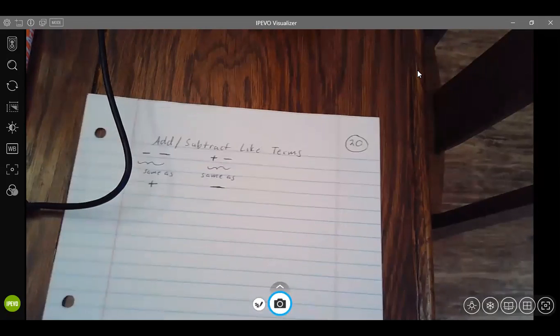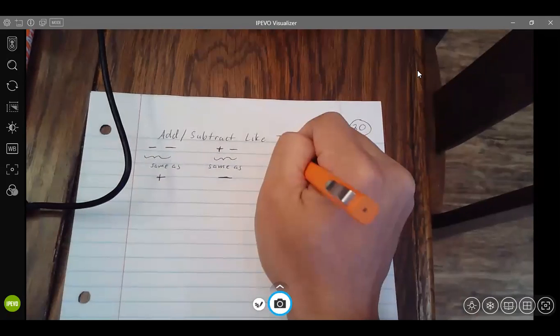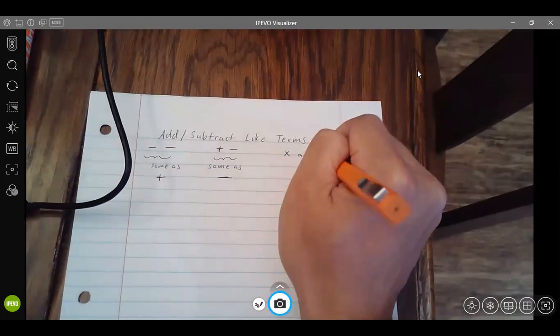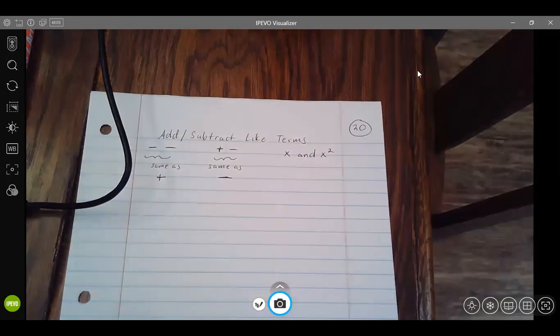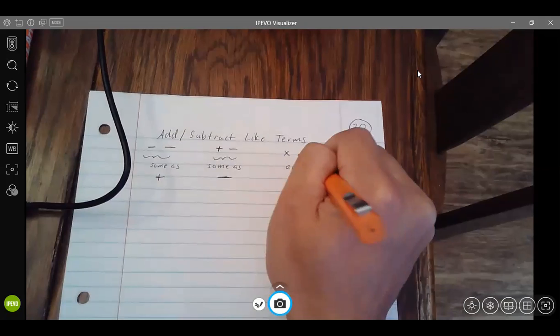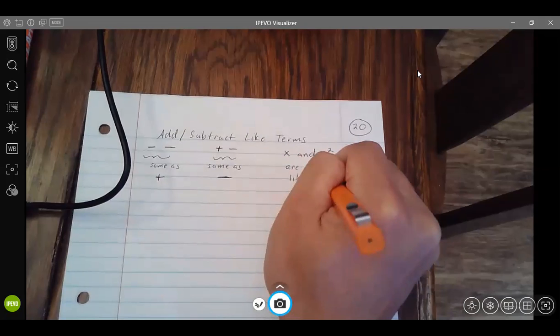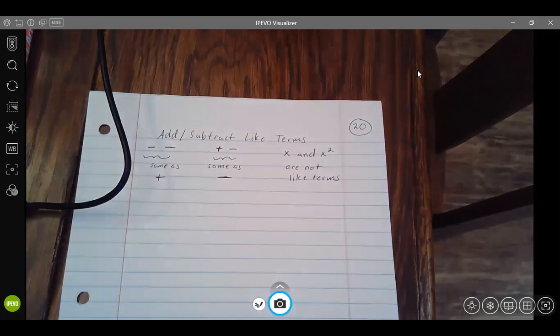And then the last thing I want you to write down is this. x and x squared are not like terms. Okay. All right, so as you guys write that down,